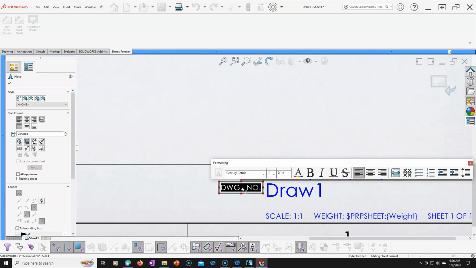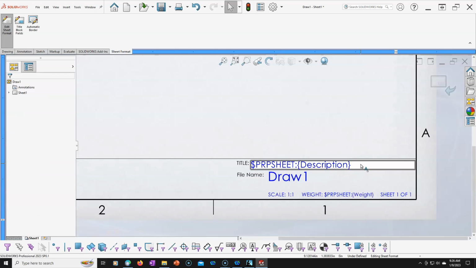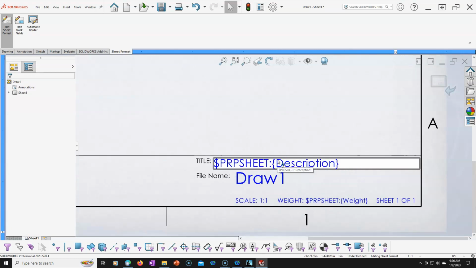All right, so again, minor details. Let's go file name. If I can type. And draw one. And that one's going to the description. So if I haven't included a description, we don't really get anything there. So let's go ahead and put in